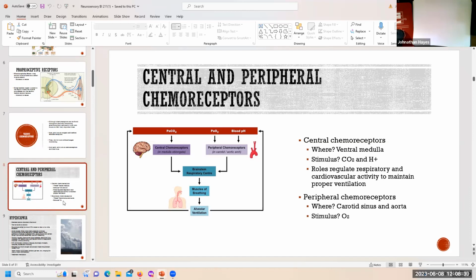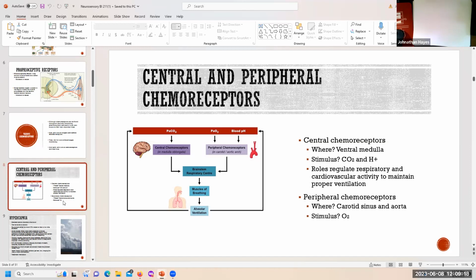The central chemoreceptor we mentioned before in Anatomy 2, when we were talking about control mechanisms for the heart or for the lungs, right? When we're trying to control cardiac output, a couple of different things get involved, like heart rate and heart contractility, and that changes depending on the metabolic need of the body. So we usually say cardiac output equals metabolic demand. But how do we know what that metabolic demand is? Well, we usually rely on what's called a central chemoreceptor, picking up the concentration of CO2 and hydrogen ions,